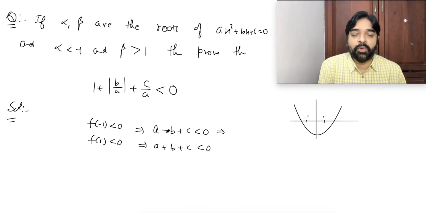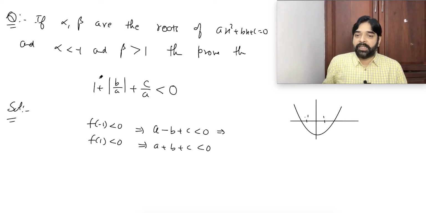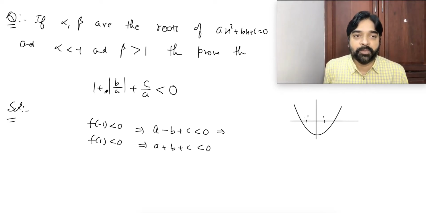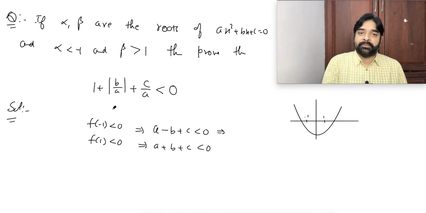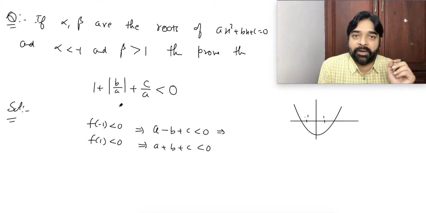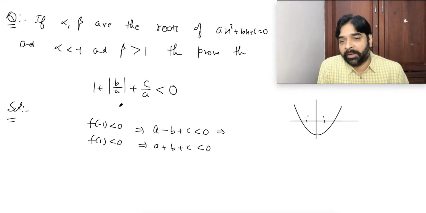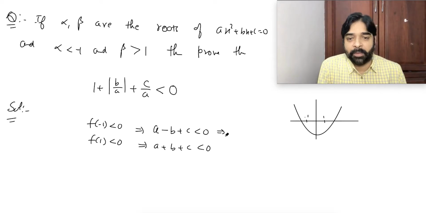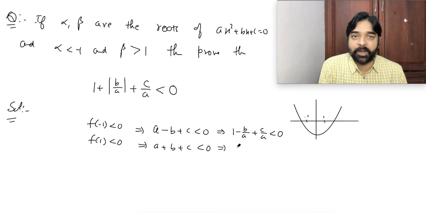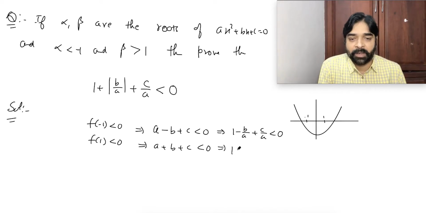So can I divide throughout by A? You will say, sir, how will you get this idea? By cheating, by looking at the things we have to prove. We have to get A in the denominator. In the theorem it cannot come; they want it in this format, that A should be in the denominator. So divide by A. If I divide by A, what will I get? 1 minus B by A plus C by A less than 0. Here also I can divide by A because the sign of the inequality will not change. I will say 1 plus B by A plus C by A less than 0.